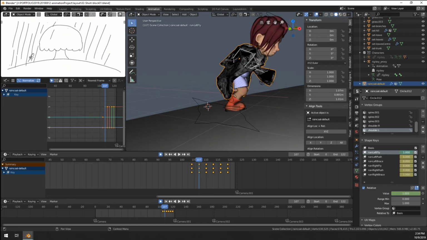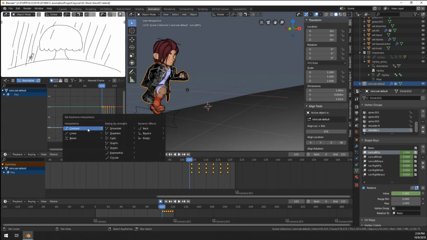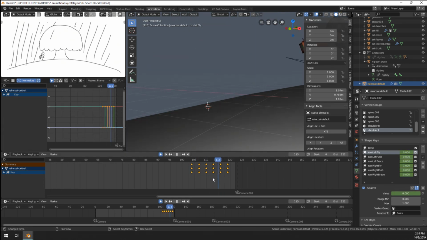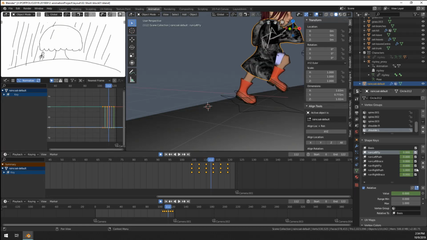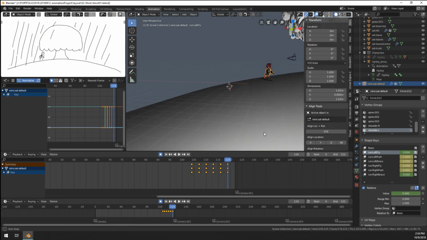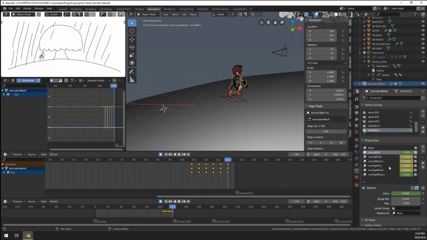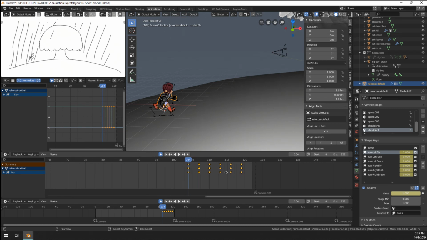So of course I'm gonna disable this here again, and put all of this on constant. So now we see the one here moving up in the order. That's nice. So now we can just normally, yeah, I'm gonna key all of them on all the channels, because in duplicating them I don't want to cause any issues I don't see. There we go. What we can do now is just duplicate them,